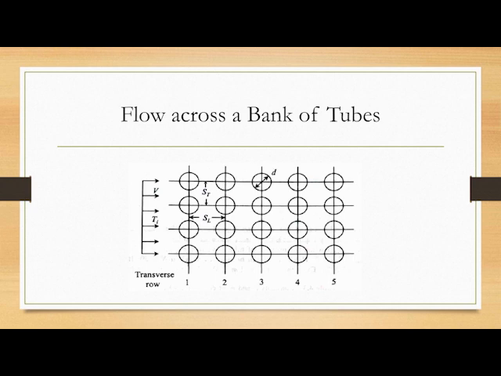So we have some applications such as waste heat recovery from hot flue gases, flow of hot combustion gas across the tube bank in a water tube boiler, air flow over tubes containing refrigerants in an air cooler, etc. Here the figure shows the cross section of aligned and staggered tube banks. So we'll discuss the correlations which we have for the flow of a fluid across a bank of tubes.